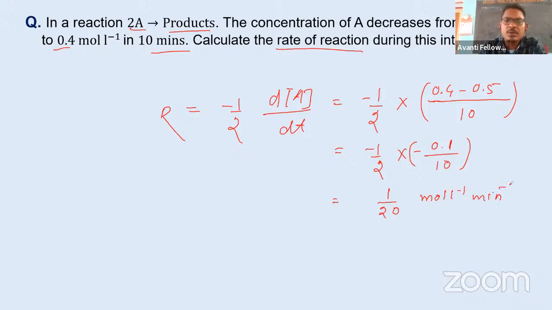ठीक है. So this one, or if we want to simplify this one, sorry, this is 200, na? 200, huh? So multiply divided by 5, you will get 5 by 1000, no? 5 by 1000 equal to 5 into 10 to the power minus 3 mole per liter per minute. I hope everyone understood this, like how to find out rate of the reaction if you are given this. समझ में आया ना सभी को?